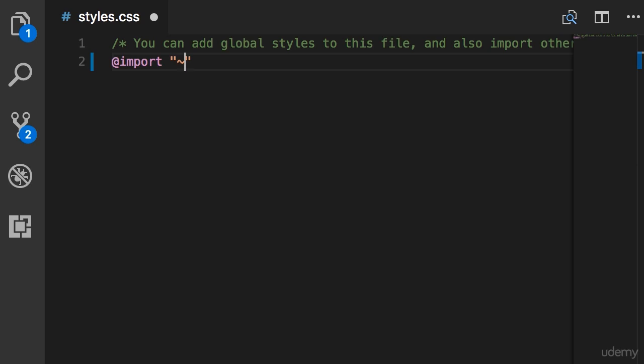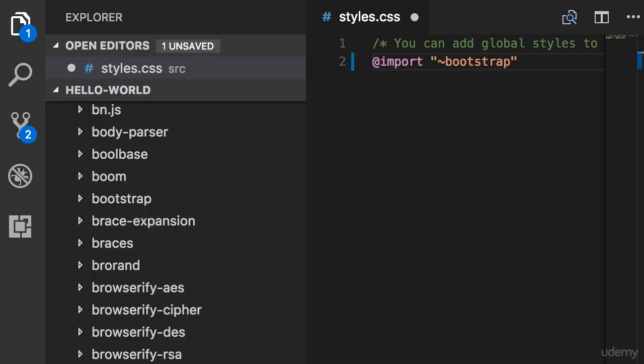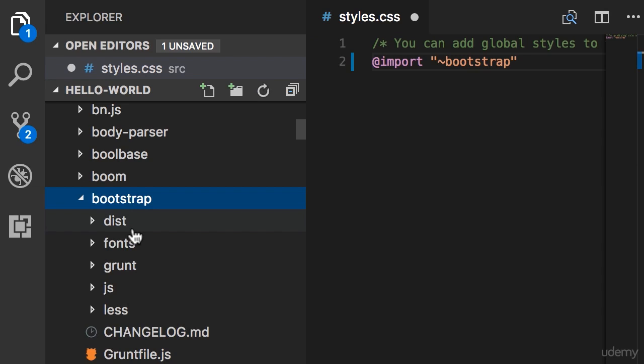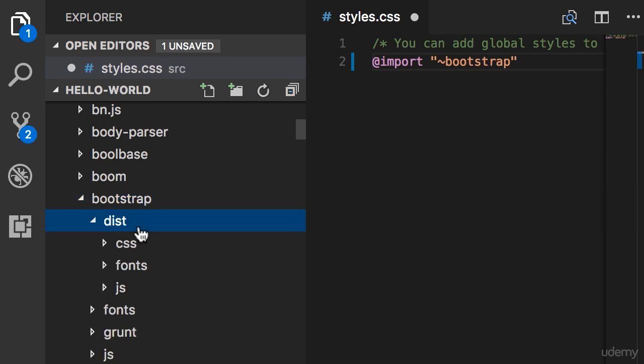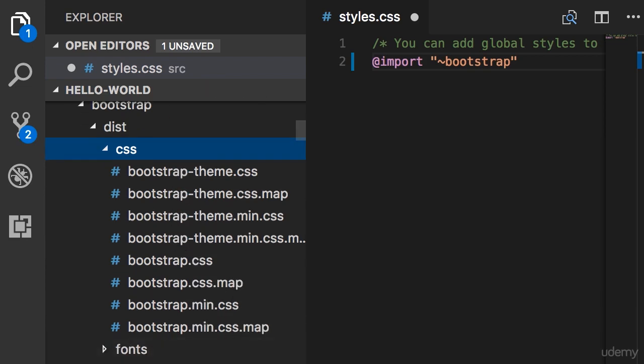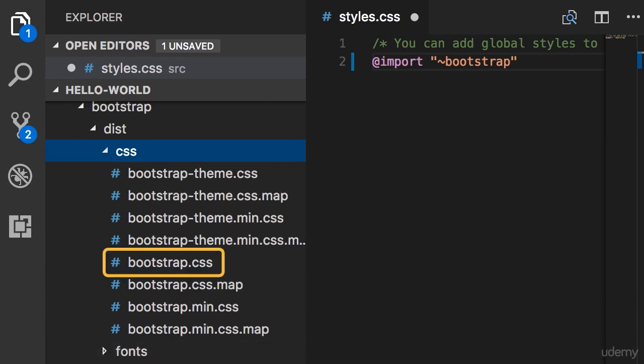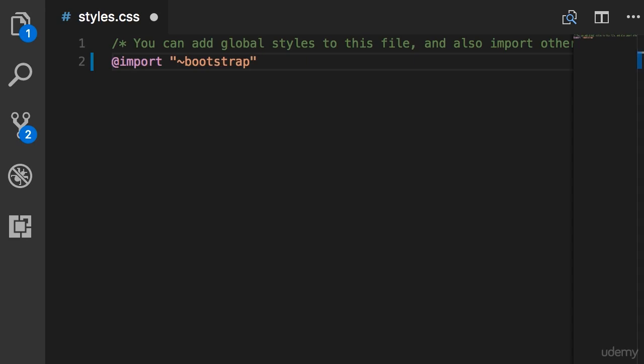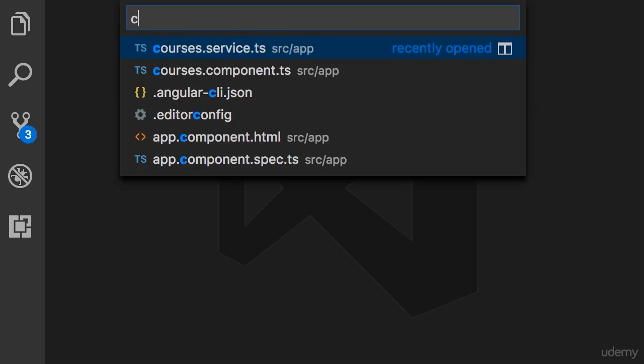Inside the node_modules folder, we have a folder called bootstrap. Let me show you. So here's the content of node_modules. We've got bootstrap. Now here we have a folder called dist, which stands for distributable. And inside that we have css. Now we need to import this bootstrap.css here. So bootstrap/dist/css/bootstrap.css. Save. Now let's go back to our courses component,